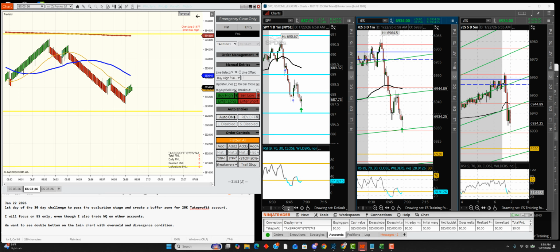If there was no news, I would have bought it right here with a stop below this level. But we have news coming up, so